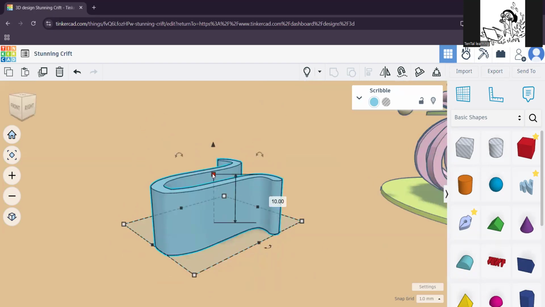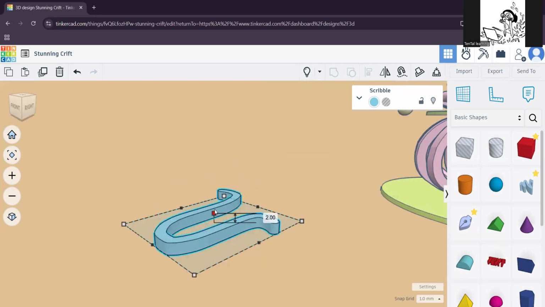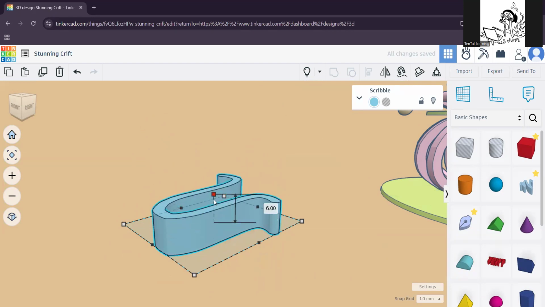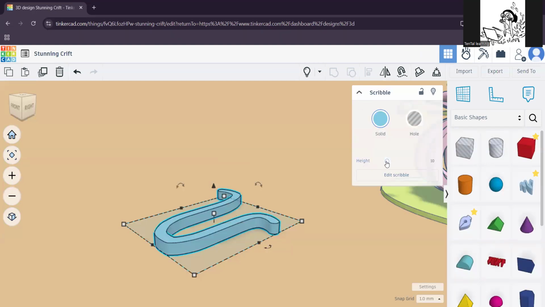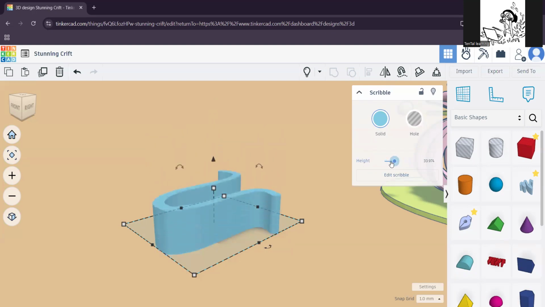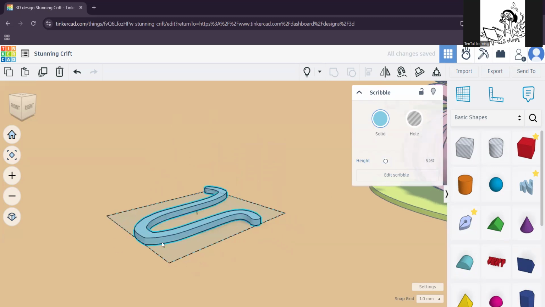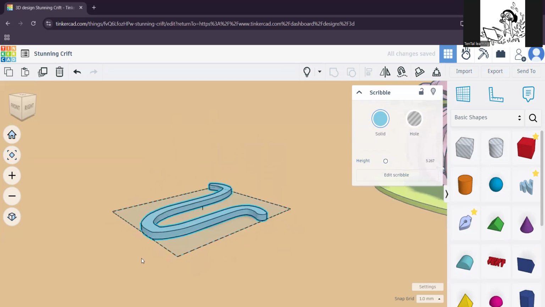Now you have this shape. To make it a little bit shorter, just grab this square and move it down. Also, we have the option to move it down from here. Like you can make it higher or lower. So make something like this. And then the next thing is,